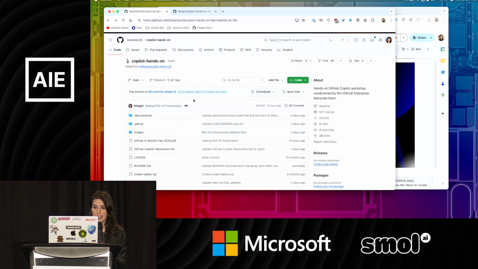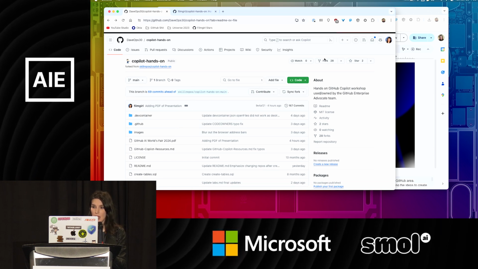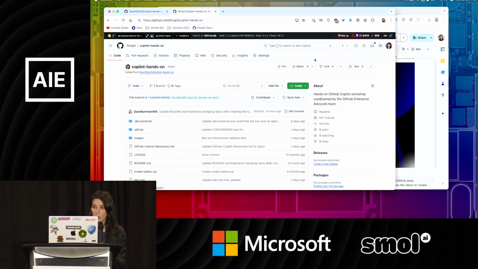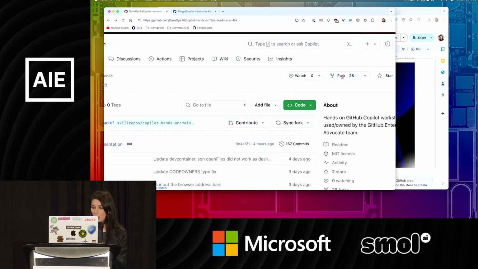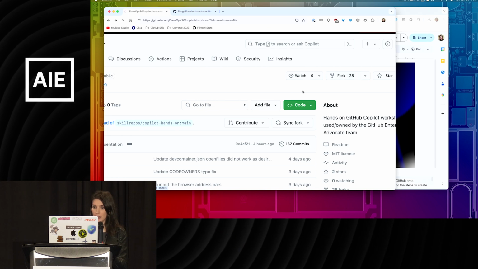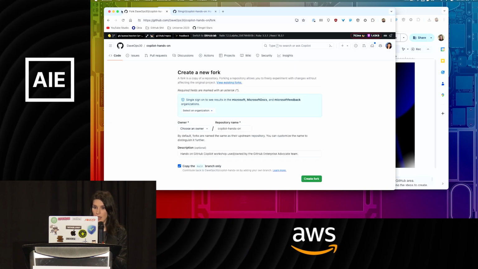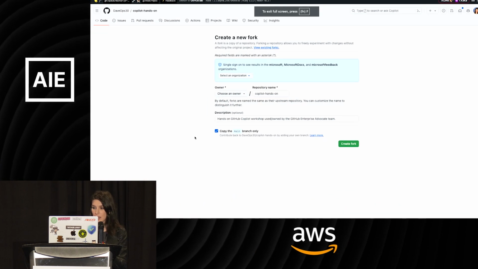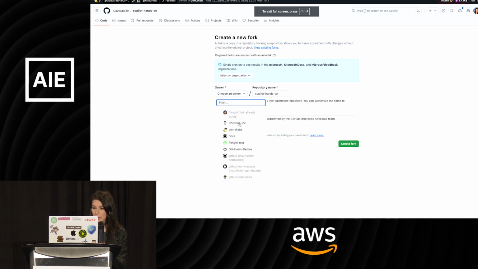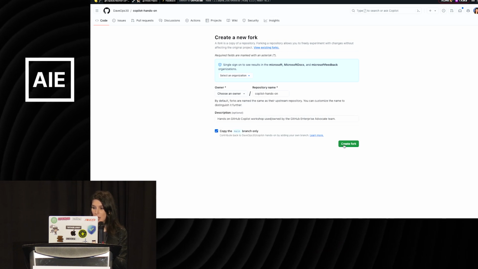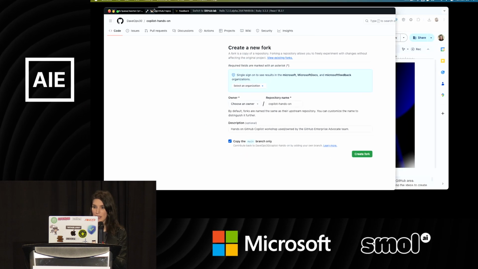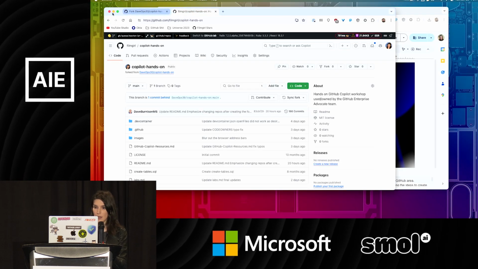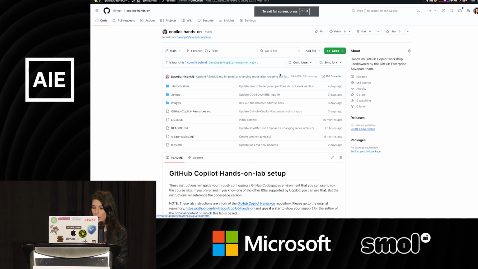So in this case, I've already forked my repo. To get started, if you want to fork your own copy of the repository, I've already done this, so I'm not going to do this a second time, but I could, and just go ahead and create fork. And once you've done that, what we're going to do